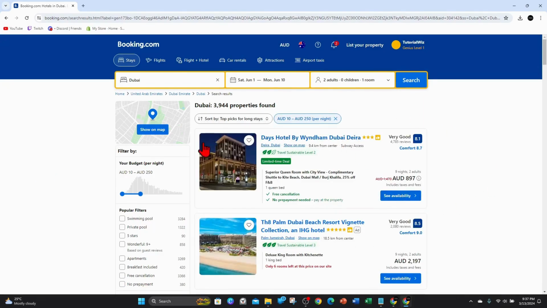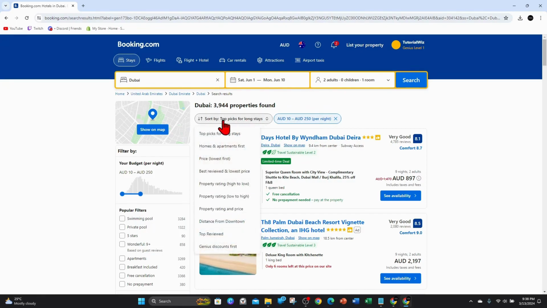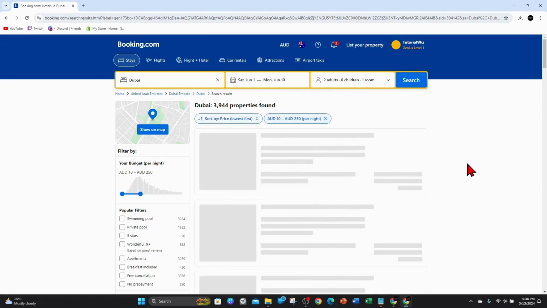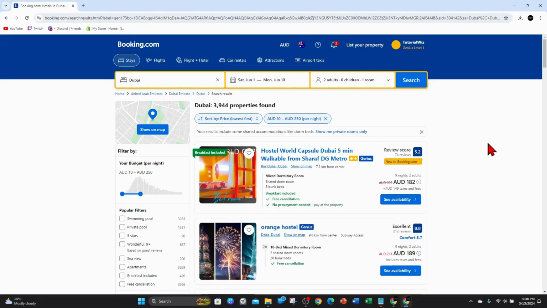And now what this is going to do is bring up a whole range of different hotels at that price or in between that price. And also you can filter this even more, so sort by top picks for long stays, but click into that. And then what you want to do, you can click on price lowest first. So this will bring up the absolute cheapest hotels that aren't necessarily going to be the best, but they're going to be super cheap. So 182 for this one, Hostel World Capsule Dubai,